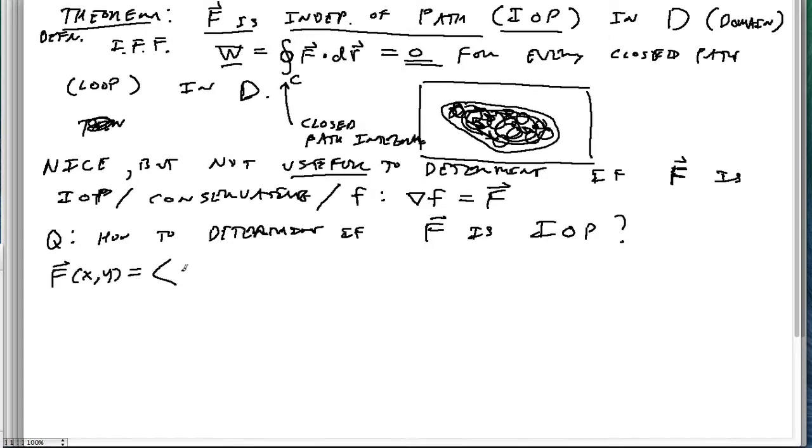And we can write it as a vector, p x comma y, and q x comma y, right? So those are the 2 functions, the 2 components that represent the x and y components of our vector field. And they're defined for every point x, y in the plane or in the domain of interest that we're thinking about. So one thing we can do is we can actually check this by, so if there's a function such